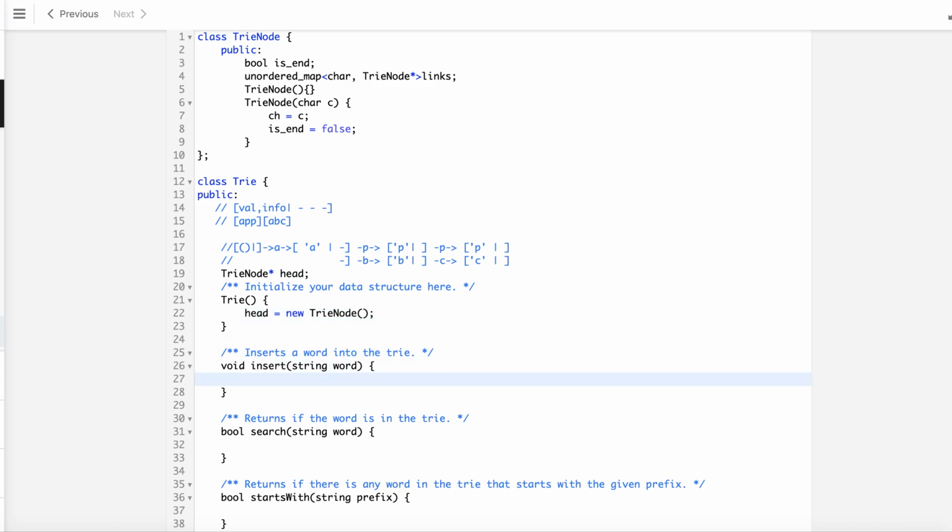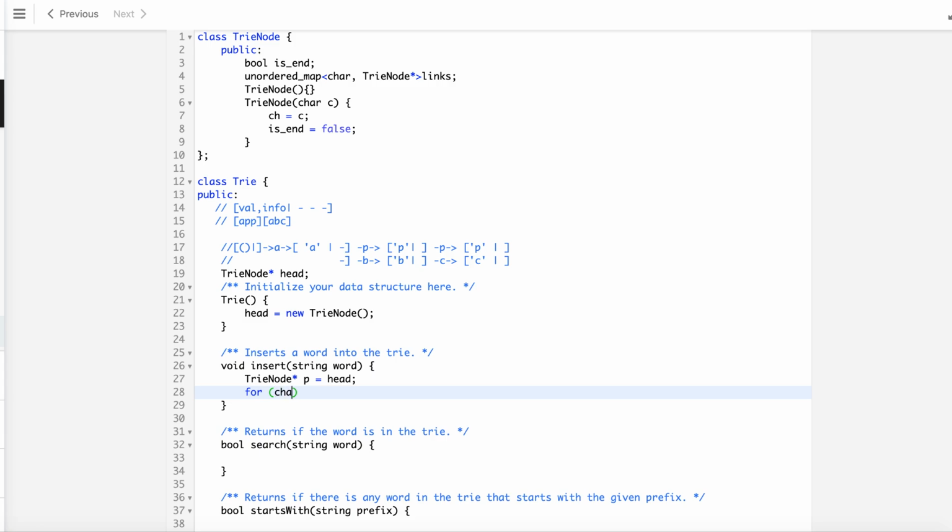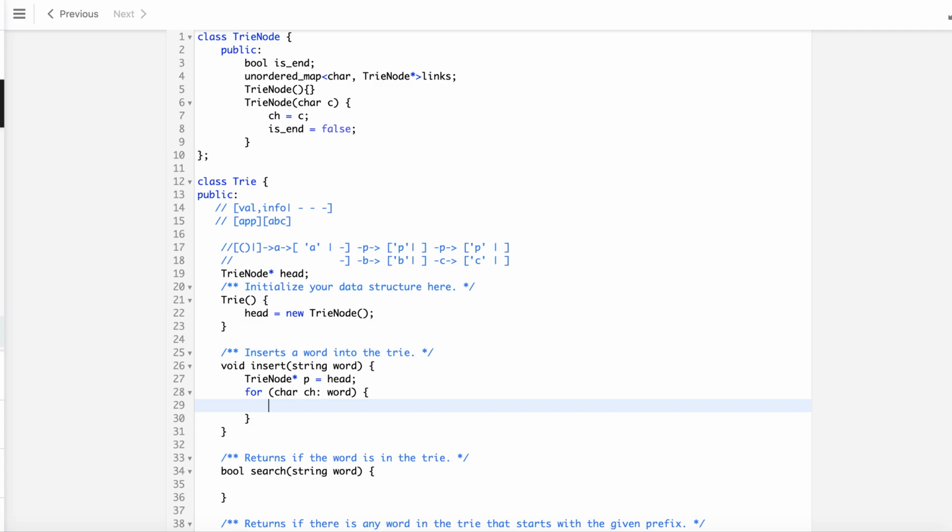And let's do insert. In the insert, we can iterate starting from head. So let's maintain a pointer, say p, which begins from the head, and for every character ch in word, we will insert into the trie only if, from the current node, when we access its links and the link of that character, the link to ch is missing. If it is missing,